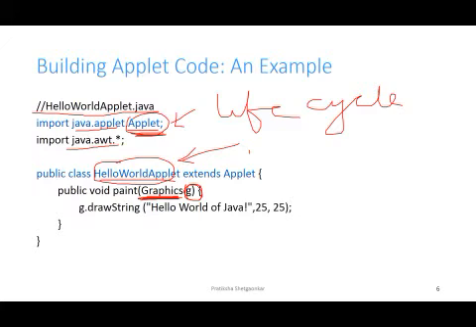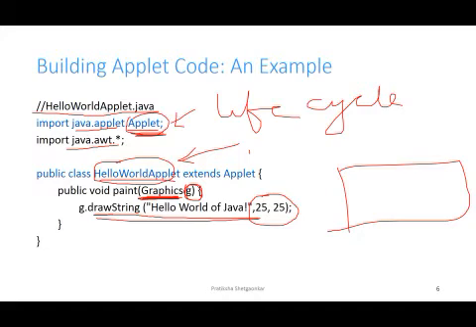Also you can see that there is only one executable statement, g.drawString. As a parameter of that drawString method, it is printing Hello World of Java, and it will be printed at position 25,25, which is in terms of pixels on the applet's reserved space.